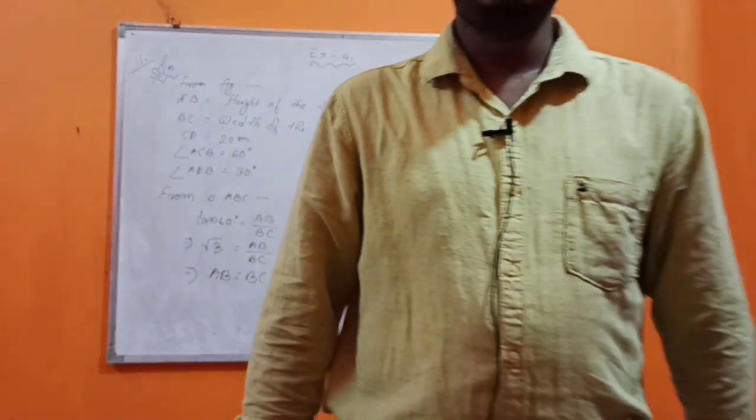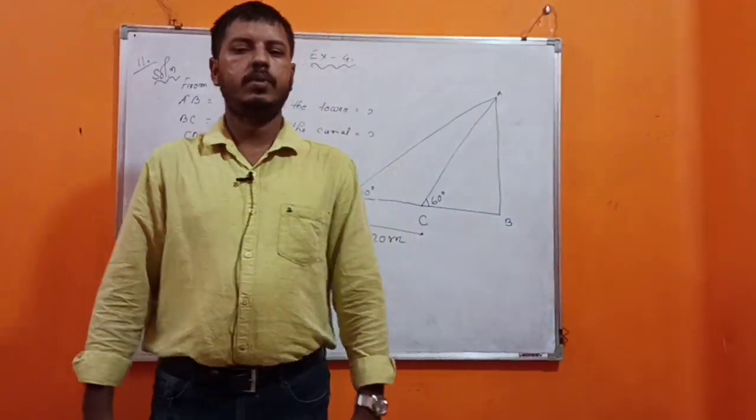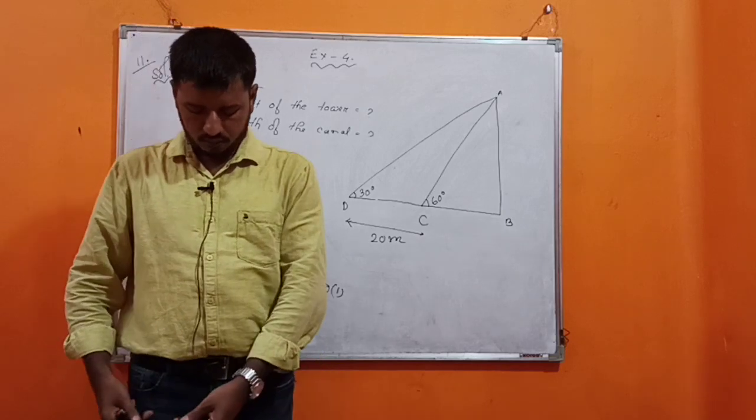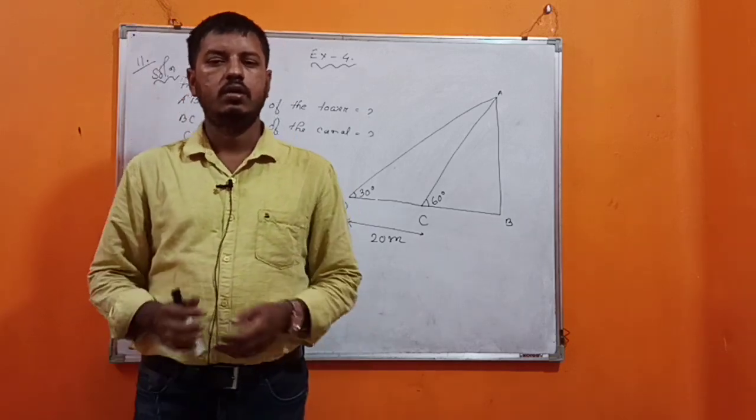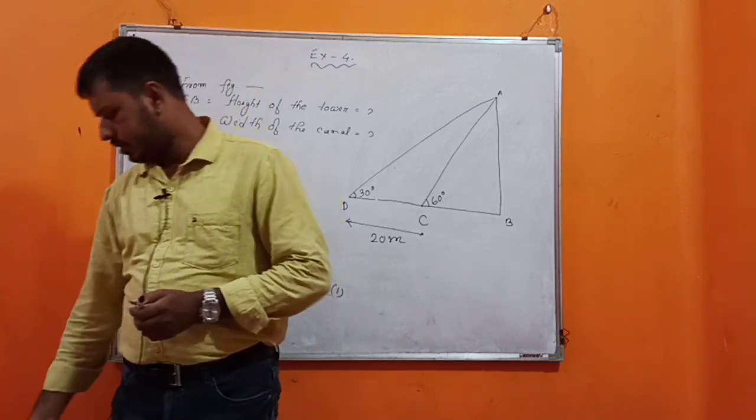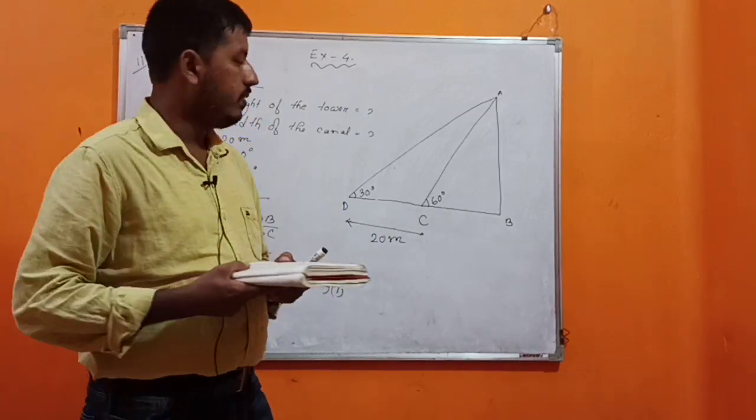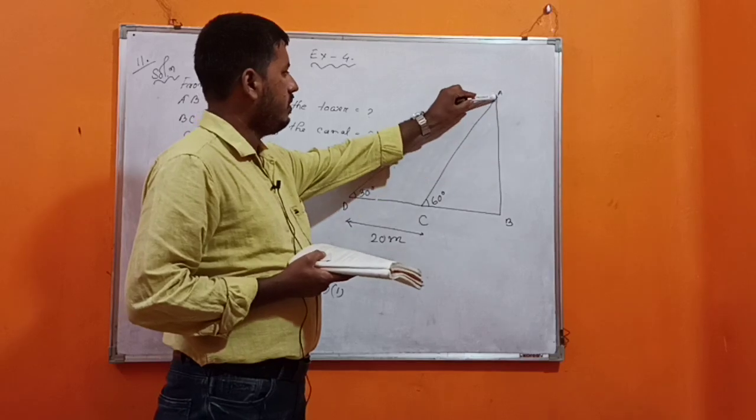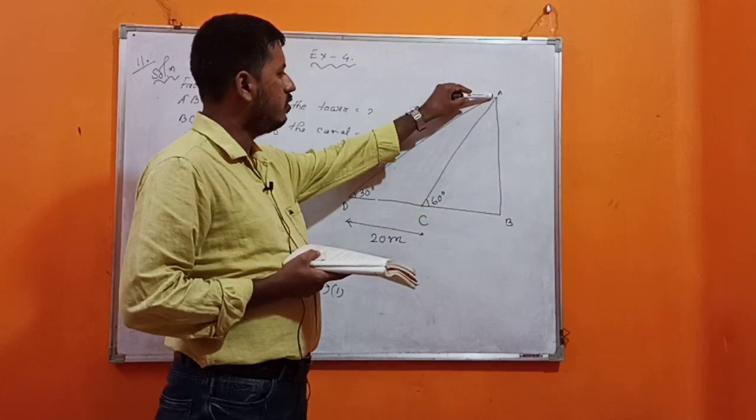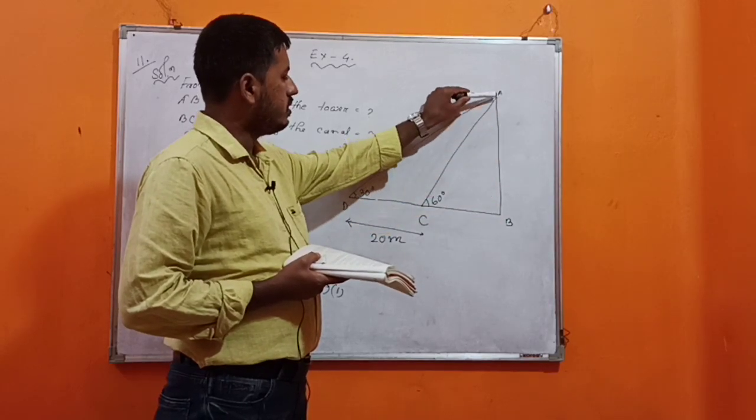So good morning students. Today we are starting from question number 11 of exercise 4.9.1. Sorry. So in question number 11 it is given that a TV tower stands vertically on a bank of a canal. That is AB is the height of the tower which is standing on the